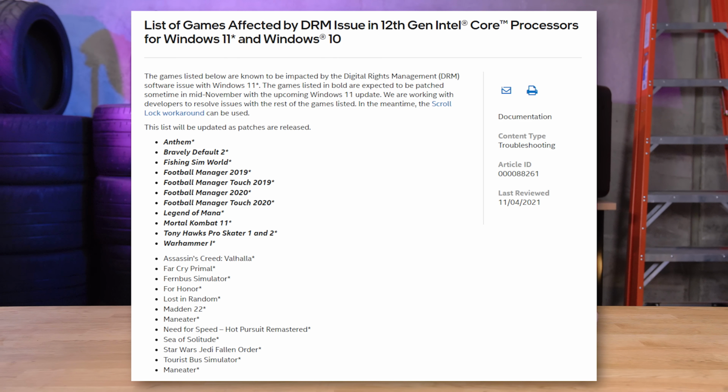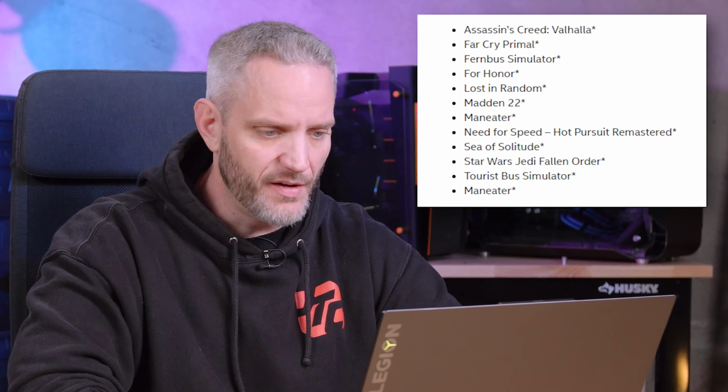For Windows 11 effects, there are some bold titles on here which mean that they've already been patched or are in the process of being patched, literally with the next update. Anthem, Bravely Default 2, Fishing Sim World, Football Manager 2019, Football Manager Touch 2019. There's actually a touch football game? Okay, whatever. Football Manager 2020, Football Manager Touch 2020, so 2019 and 2020 of those. Legend of Mana, Mortal Kombat 11, Tony Hawk Pro Skater 1 and 2, and Warhammer 1. Titles that are still